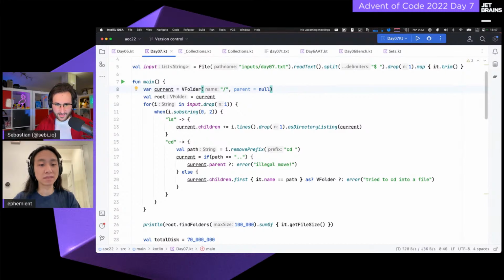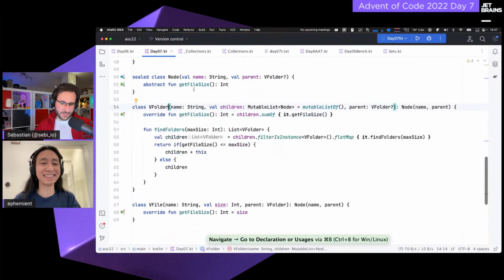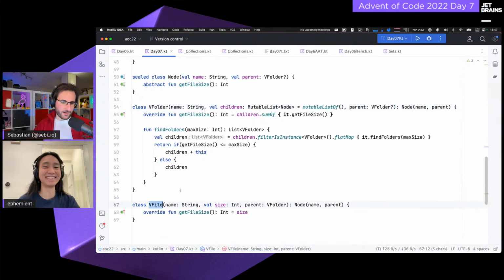And then I decided I needed some kind of tree structure. So I created this v folder. Don't ask me about the naming. The naming comes because I also created a file, and IntelliJ really enjoyed auto-completing Java files, so I prefixed this one so that the autocomplete doesn't annoy me.